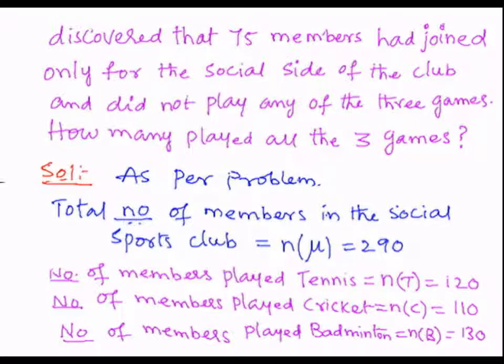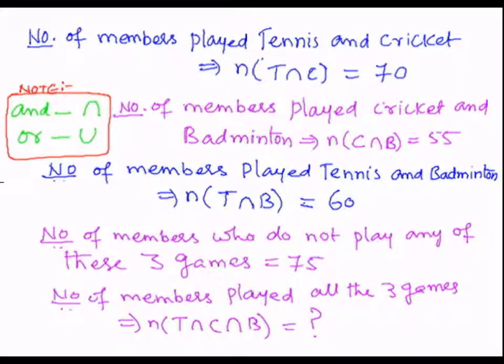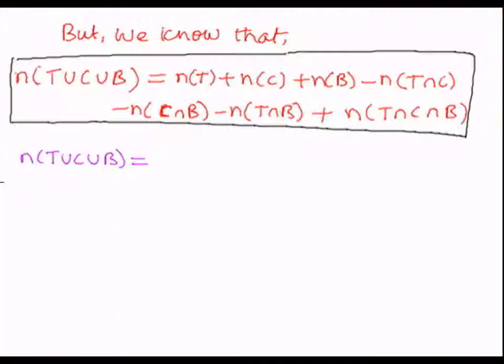Then we can substitute these values here. n of T is 120 plus n of C is 110 plus n of B is 130 minus n of